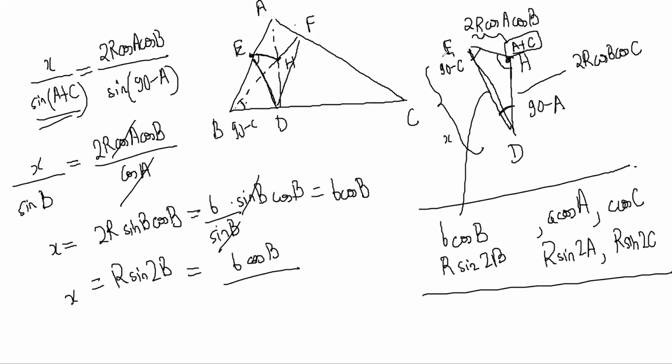Once you know all angles and one side, it is enough. All angles and two sides are more than enough to get everything else, right? To find the third side, I just did the simple sine rule in this triangle. Opposite angle by side is in the same ratio for each of the angles, right? So the way to think about it is important. The results themselves are not so important.